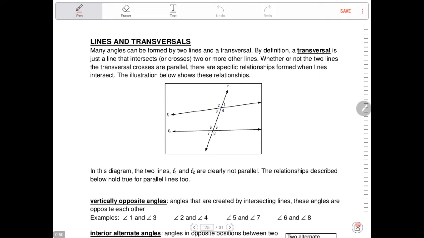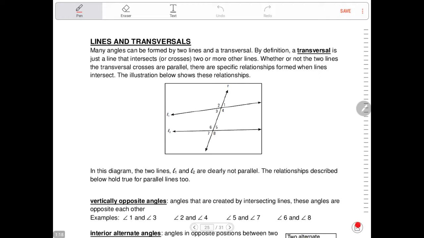Now, what I'm going to do here, first of all, if you look at your notes package, as you look down right now, you can see vertically opposite, interior, alternate angles, so on and so forth. That's on page 25. And of course, also, if you skip over to page 26, they're on there as well. So what I'm going to do is I'm not going to scroll through this on the screen here. I'm going to leave it right here on this diagram, and I'm going to try to explain the different categories